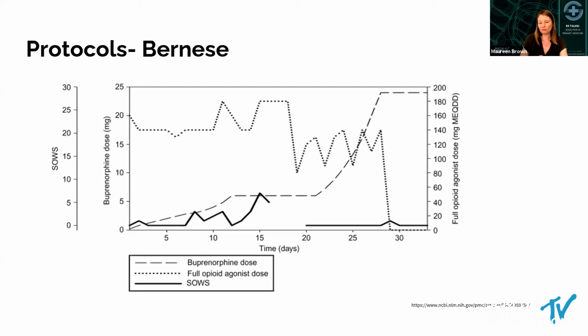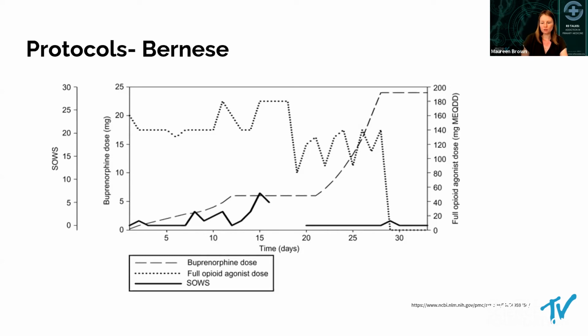And at a certain inflection point, patients find that they don't need their full agonist opioid anymore, and they can transition directly to full buprenorphine. So I think the important principles here are, you can see that the top line of that full agonist dose is a little bit wavy, meaning that there are some adjustments to be made in the full agonist dose throughout this induction process. And also that there is, like we talked about, that concrete inflection point where we can make a swap. The issue with the Bernese protocol is that it's modeled after 0.2 milligram dose increments, which we don't have access to in the US.